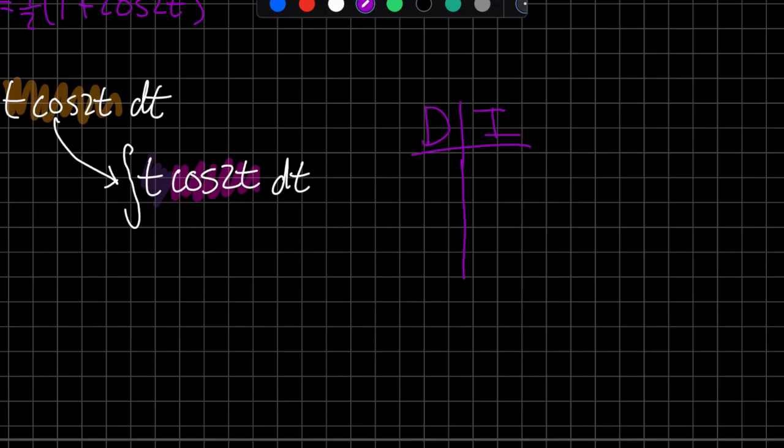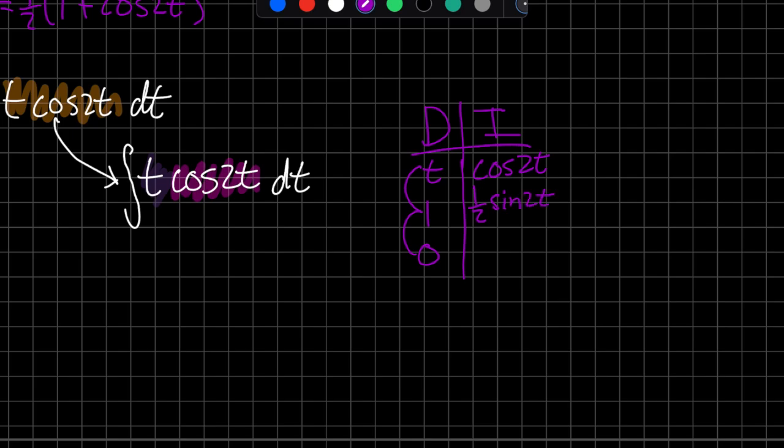So on the left side, we're going to use t, since taking the derivative of t a few times goes to 0. Derivative of t is 1, derivative of 1 is 0. And then we have to integrate just as many times as it took to get to 0 for the derivatives. So we have cosine 2t initially. The integral of cosine 2t is going to be 1/2